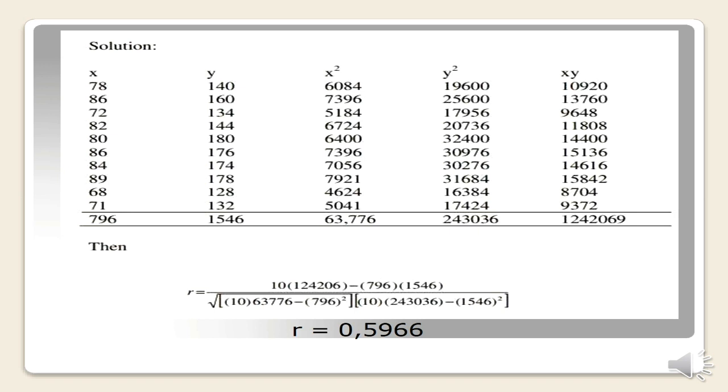Okay. The solution is: correlation is n multiplied by the sum of xy, minus the sum of x multiplied by the sum of y, divided by the square root of n multiplied by the sum of x squared minus the square of the sum of x, multiplied by n multiplied by the sum of y squared minus the square of the sum of y. The result of correlation is 0,